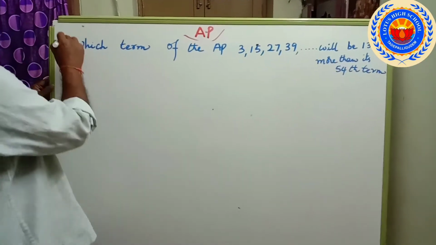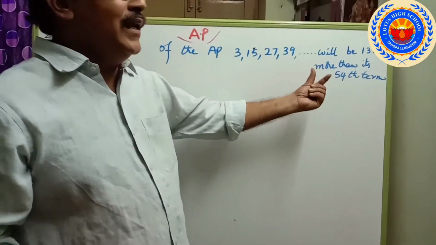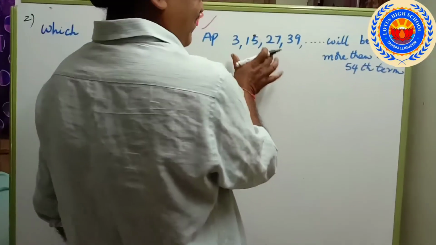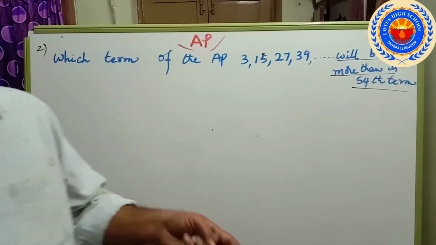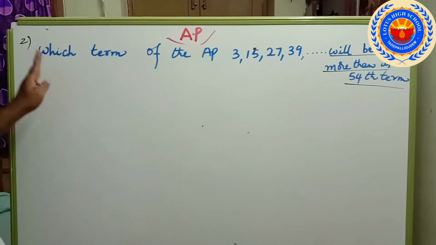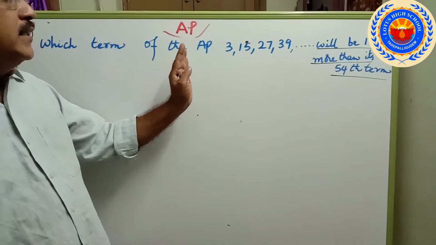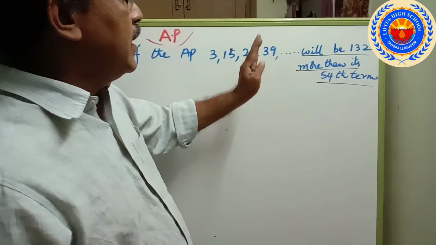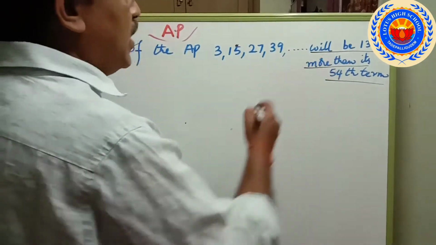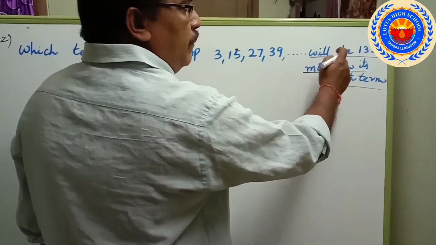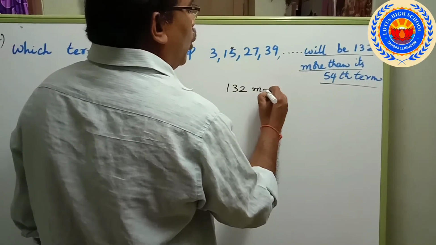Here is one more sum. Question number 2. Which term of the AP is given, like the previous sum, where one number is there. Instead of that, this condition is there, and that will be very easy. Now this one is also very easy. So first of all, same as the previous sum, which term of the AP 3, 15, 27, 39 and so on, and one number should be there. Instead of that, what is the condition? It will be 132 more than